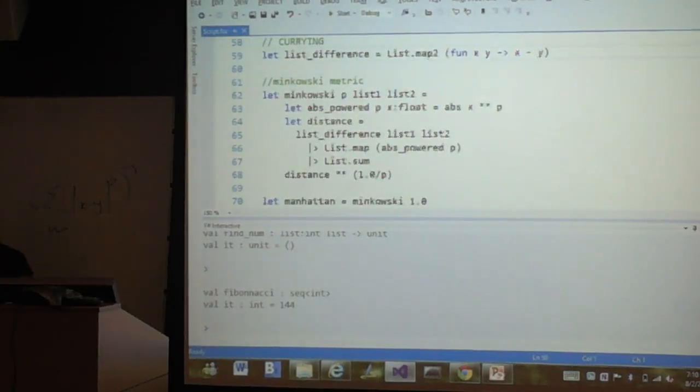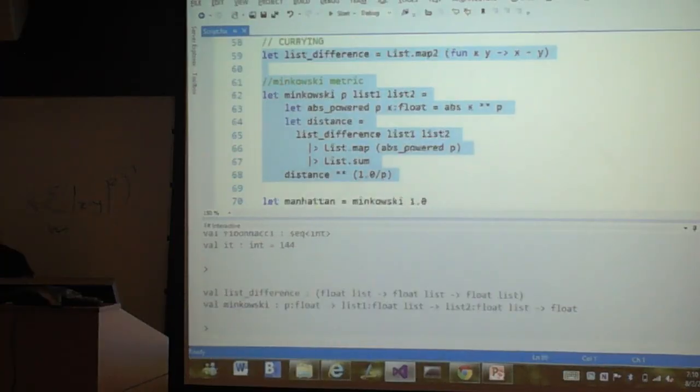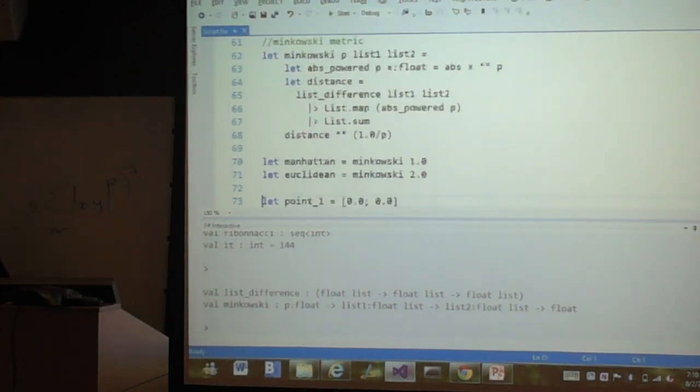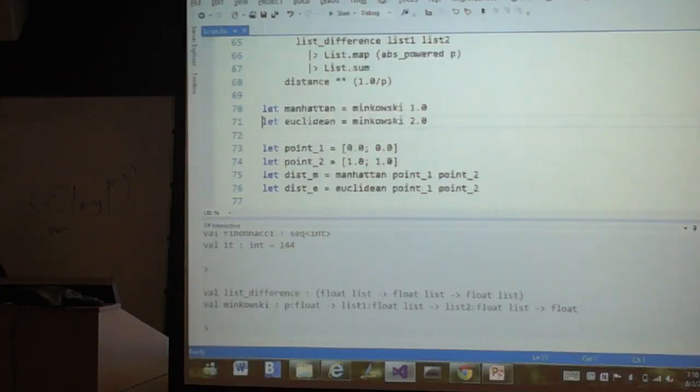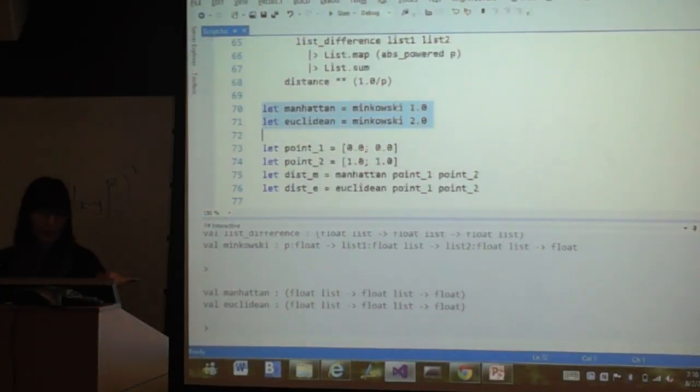So we declare all of this. You can see it, because there's a bunch of parameters, it does some pretty crazy things. When we declare Manhattan Euclidean,